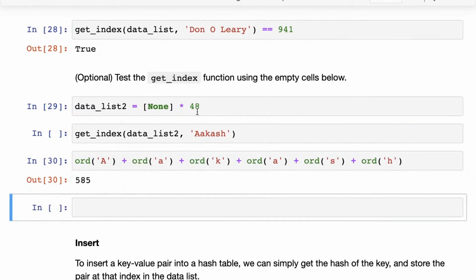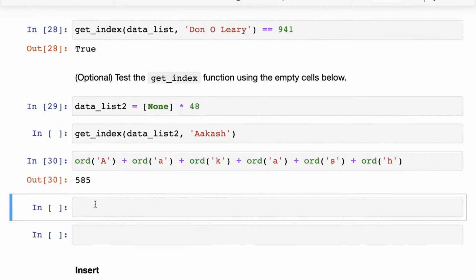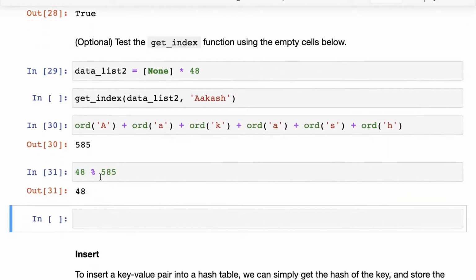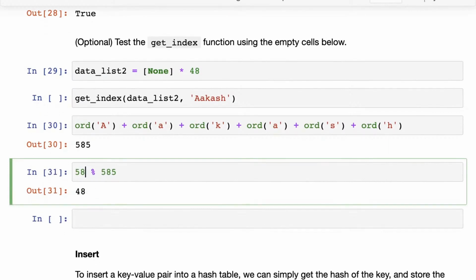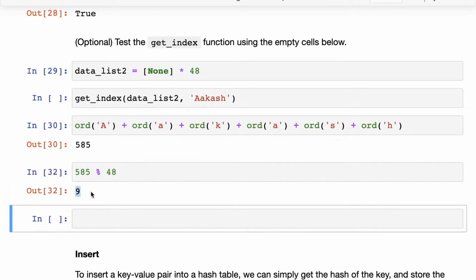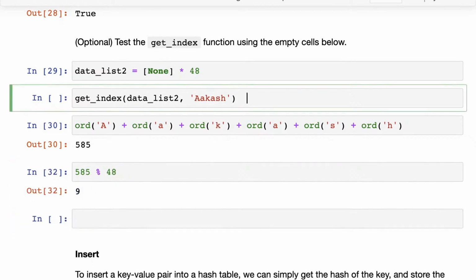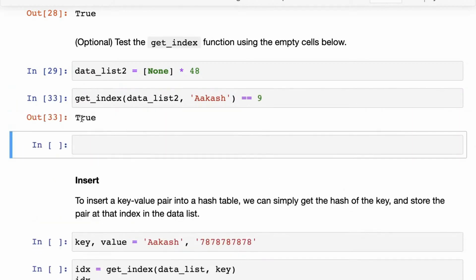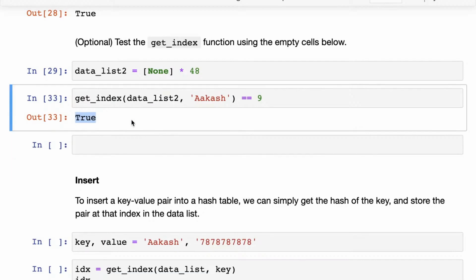But since the size of the list is 48, what we should be getting back as the result is 585 and its remainder with 48. We should be getting back the number 9. So this should be equal to 9. Okay. So let's check if this is equal to 9. And indeed, this is equal to 9.